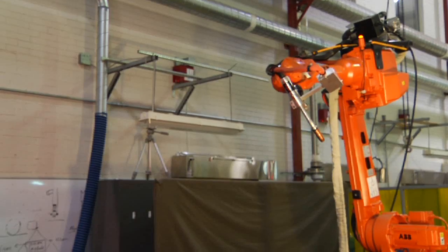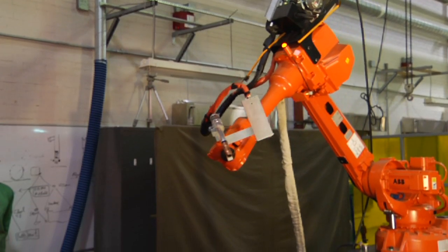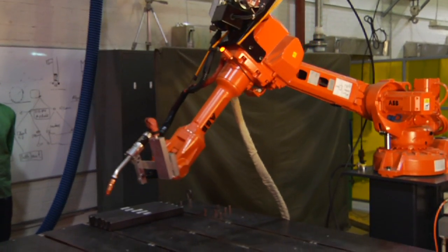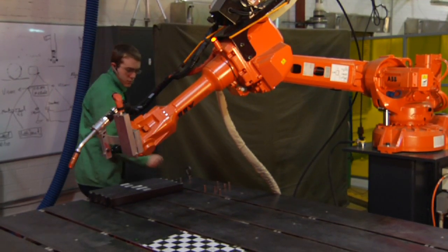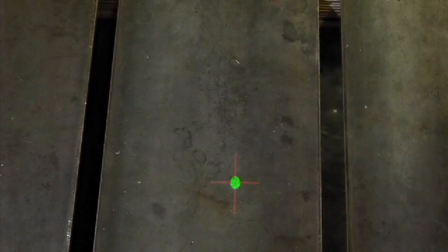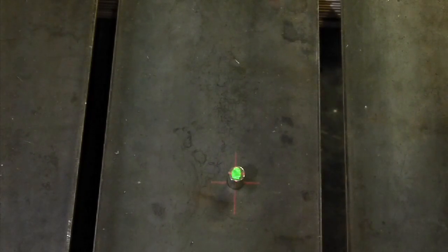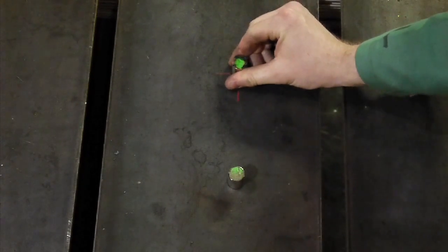A key element to rapid setups is the ability to use augmented reality. This is a new technology that's very exciting. The robot can basically direct the human operator to locate fixtures and components at precise locations. This is actually very difficult for the human operator and something very easy for the robot. My gosh, we should have the robot doing the location of these elements, and we should have the person doing